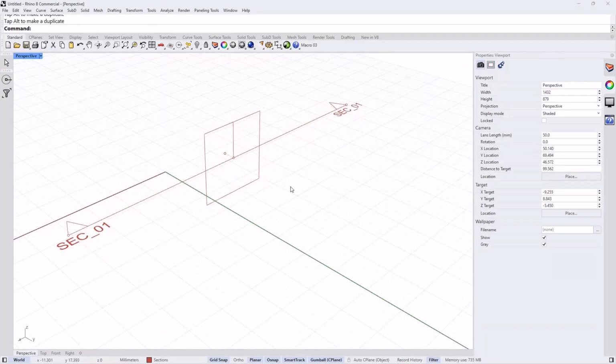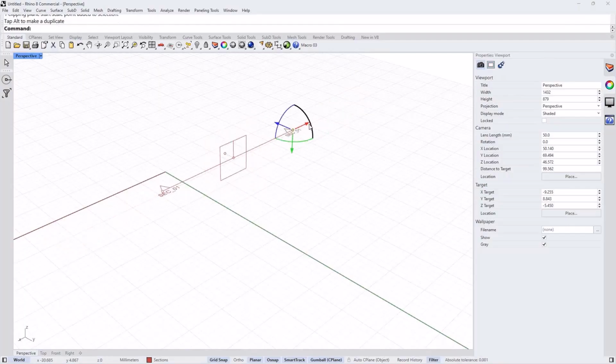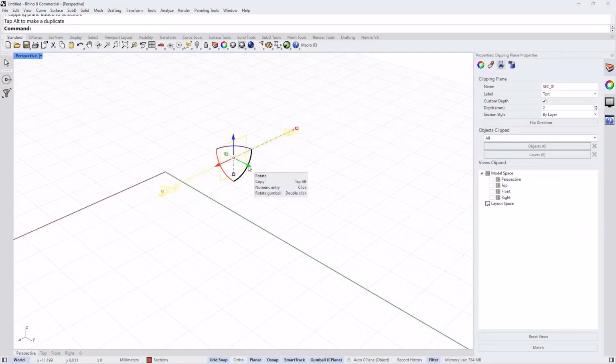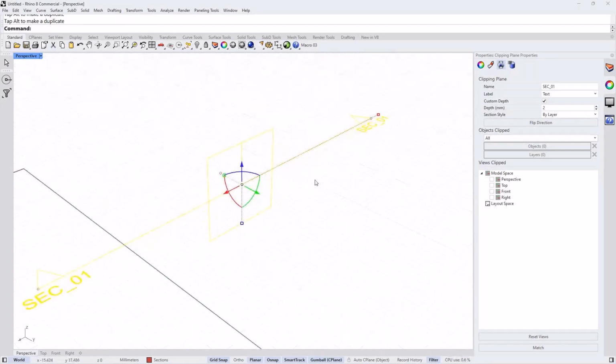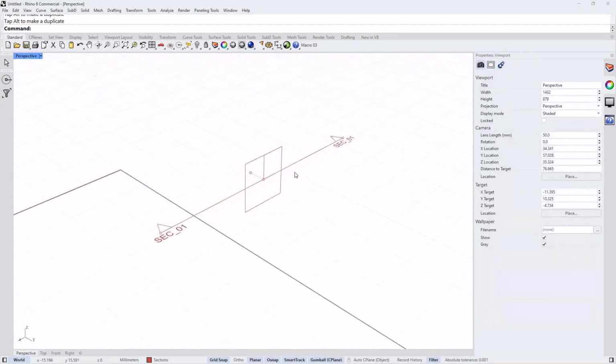So that makes sense. And for the end points, what it does is basically scale the clipping plane in 2D. So sometimes you want your clipping plane out of the way, and you want it maybe a smaller size or a bigger size. So this is one way to do it. You can do it with Gumball 2D transform, but you can also do it by selecting the endpoints and scaling it in and out.